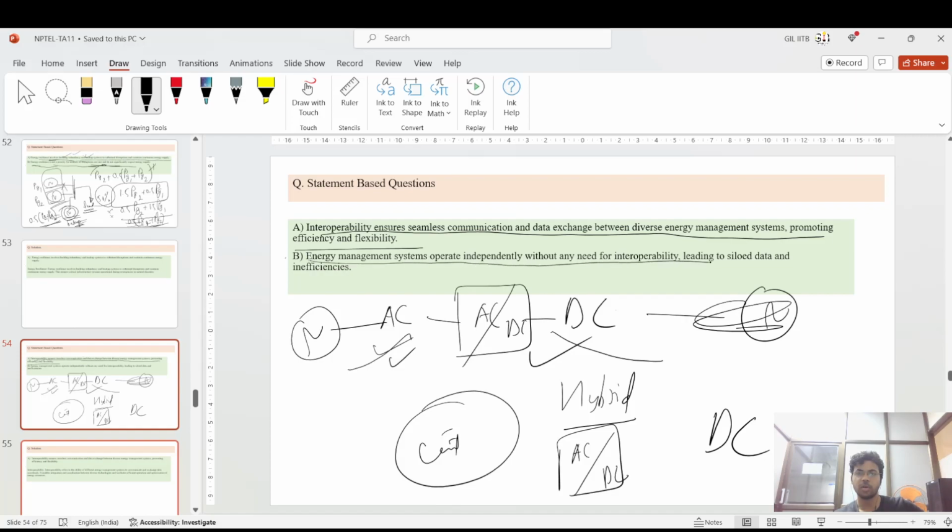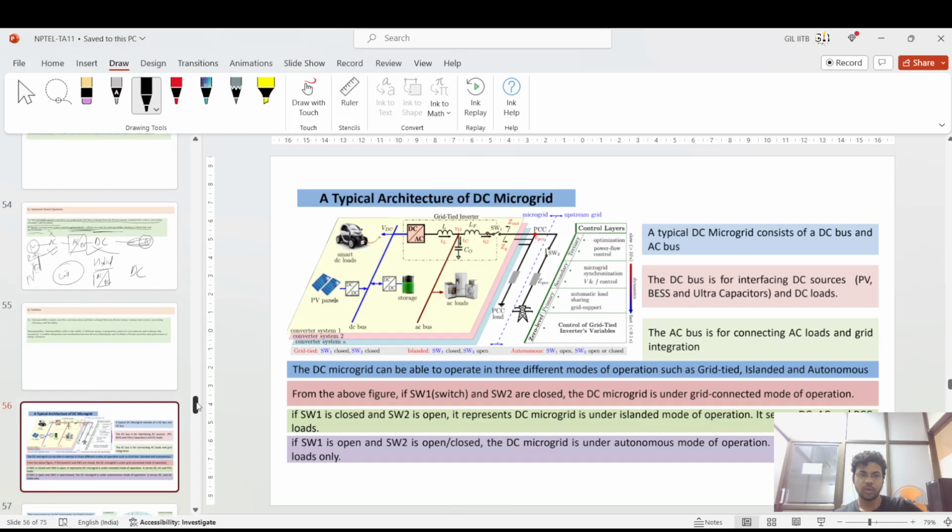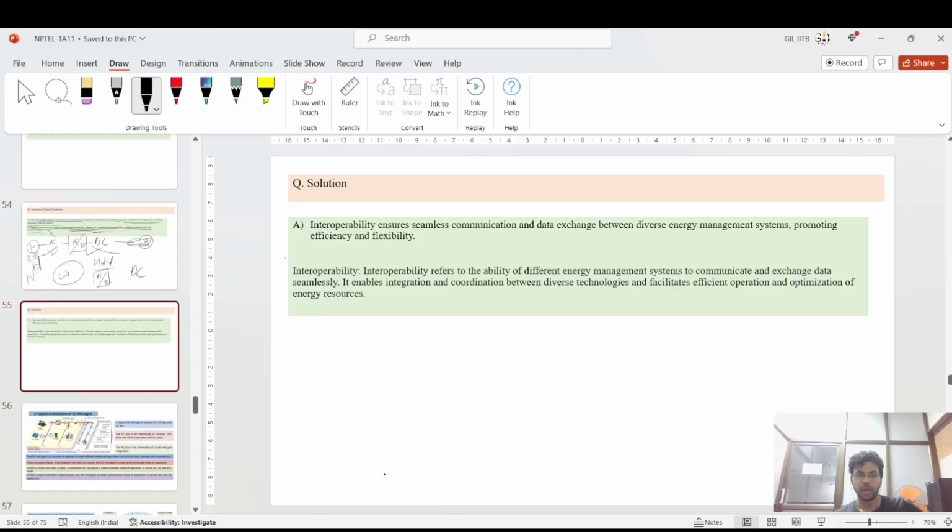Okay. The second statement is telling that energy management systems operate independently without any need for interoperability, leading to siloed data and inefficiency. That is false, because they do not operate independently without any need for interoperability, because they need this system. Because you don't know, when you are connecting the PV sources, suppose you are connected to an HVDC system, then you can connect directly. In between, you only need this DC converter for feeding the extra voltage. So these are the other typical architectures there. I do not want to go further because the time is